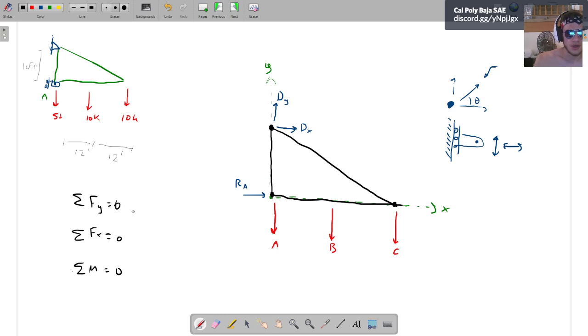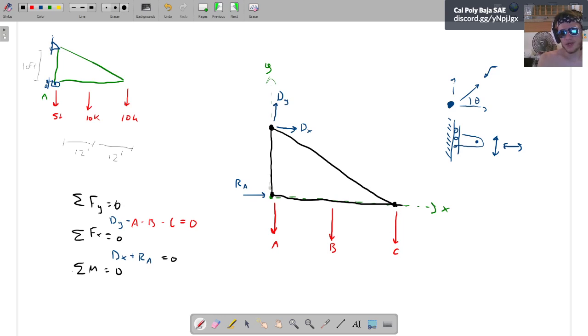So Dy minus a minus b minus c equals 0. In the x direction, we've got positive Dx plus positive RA equals 0. And for moments, I can take the moment about any point on here, but I have 3 unknowns,